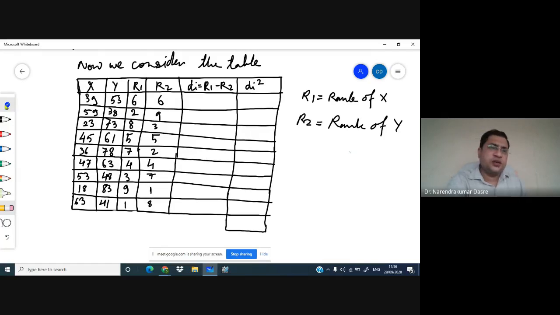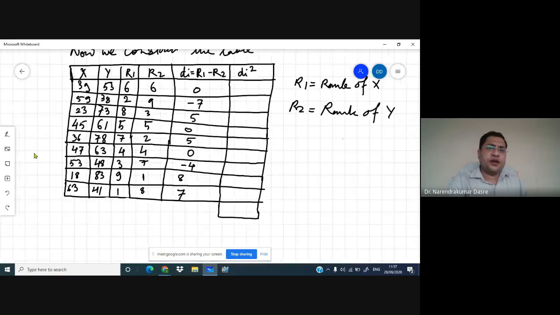between these two ranks. So here it is 0. Here it is -7. This is going to be 5. This is going to be 0. This is going to be 5. Then this is 0. This is going to be -4. Going to be 8. And that's what you'll be having 7. Once we are able to calculate the difference between these two ranks, then we have to calculate the